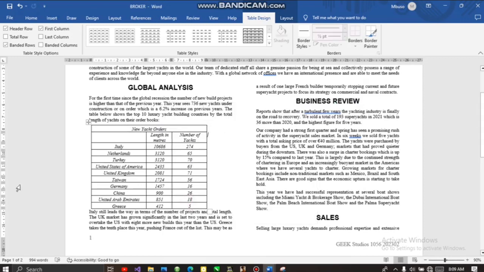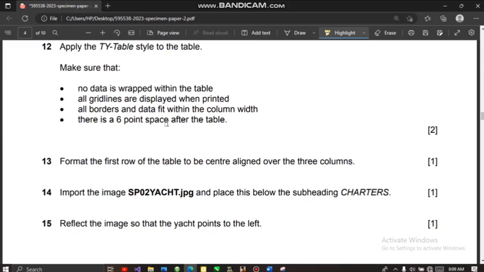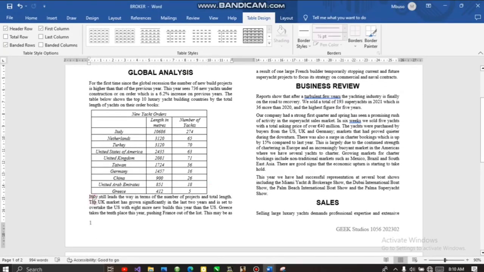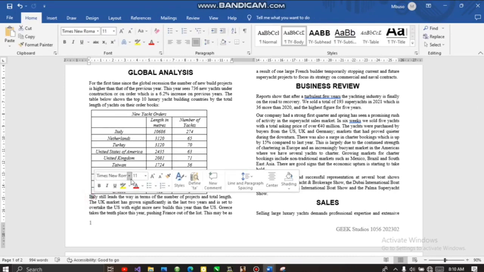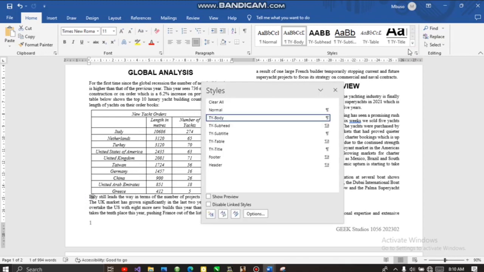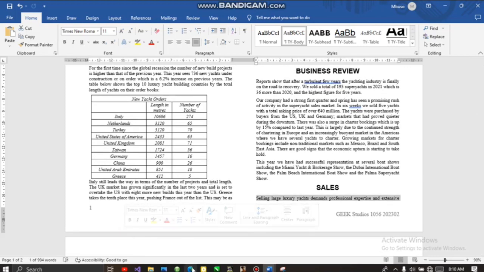Like that, so it looks that way. All borders and data feeds within the column width. There is a 6 points after the table. Yeah, do we have a TY after? So let's go. And now